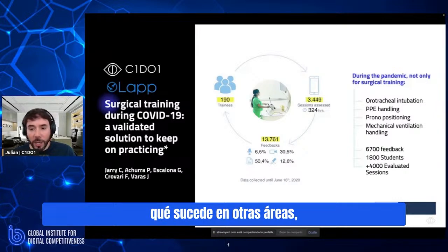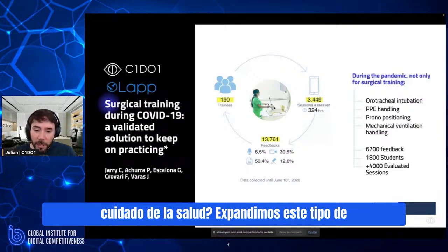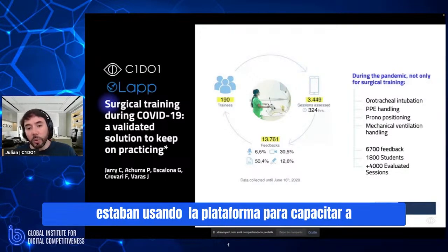So what happens in other areas? What about, for instance, helping in the nursing area or the physical therapy area or other specialties of medicine in healthcare? We expanded this type of training to other areas fast, and they were using the platform to train physical